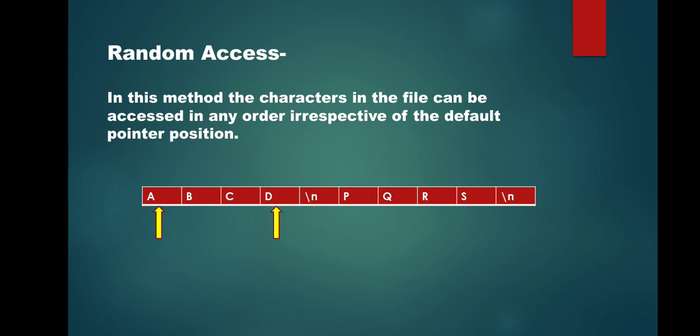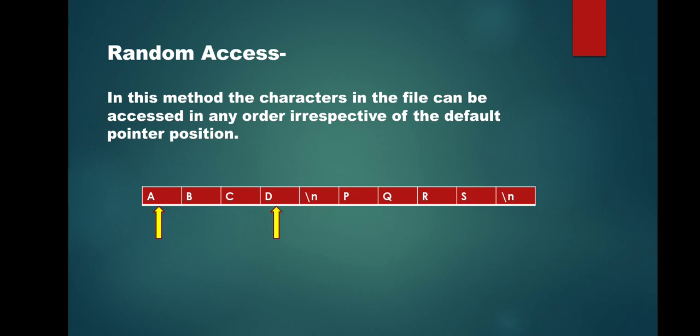In order to deal with the random access of the file, what we require are certain functions, certain ways through which we can change the position of the file pointer. Because only if we are able to change the position of the file pointer can we perform random access.